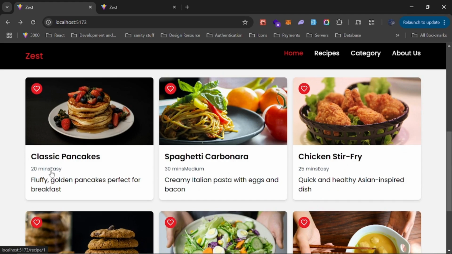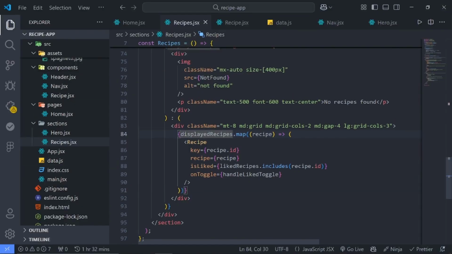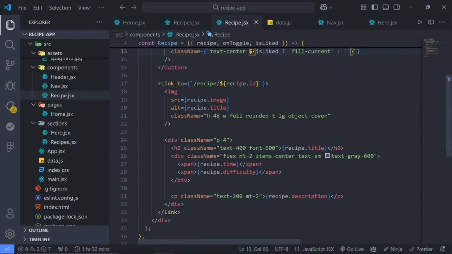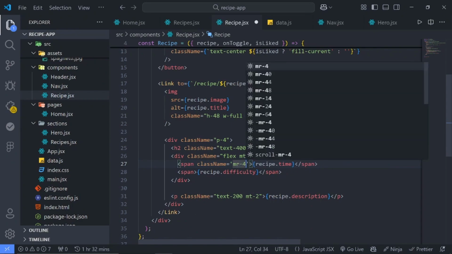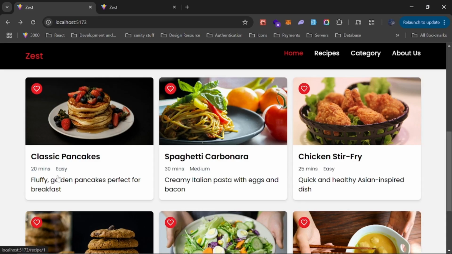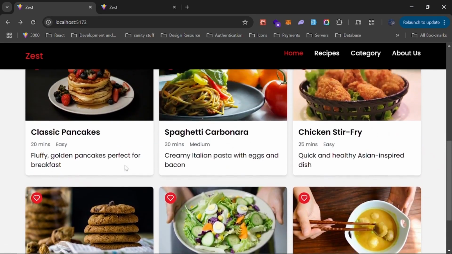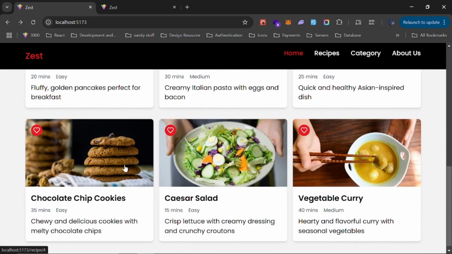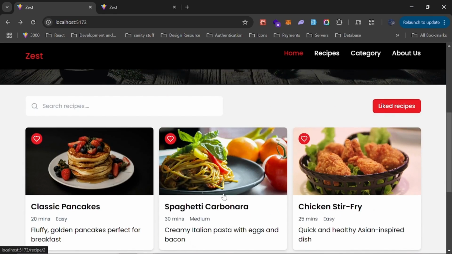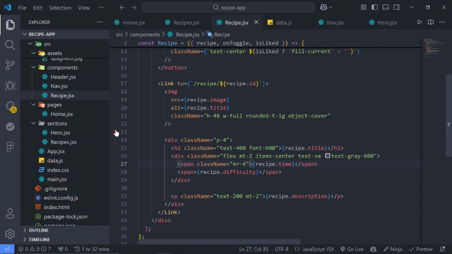And I think I need to add a margin right here for this one. So say margin right of 4, so we can have some spacing right here. All right, that looks nice. So in order for us to create the details page, we need to go to this pages folder and call this